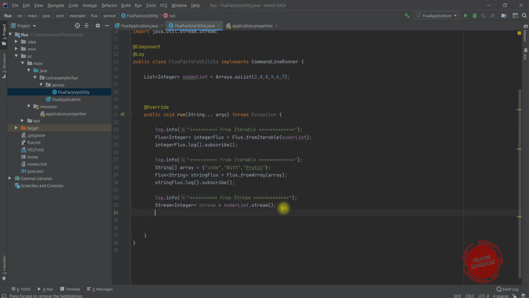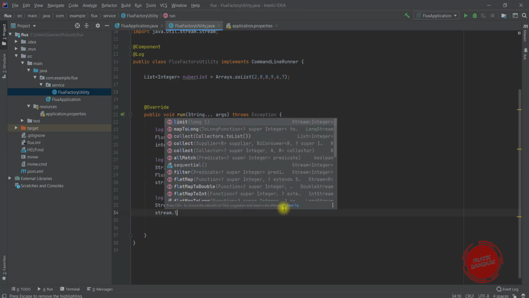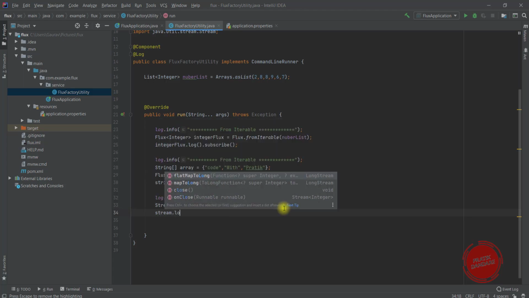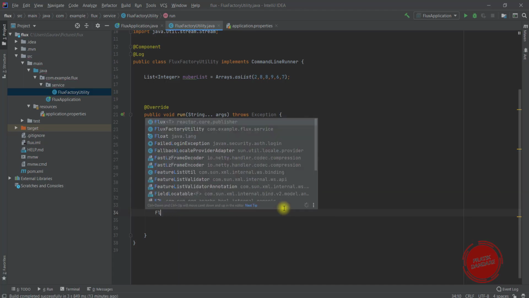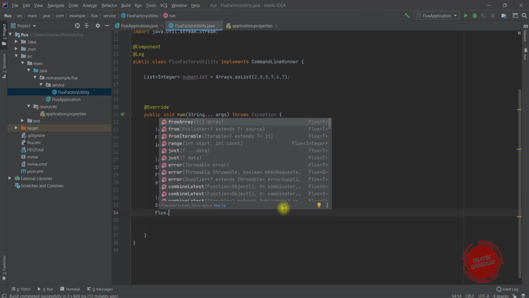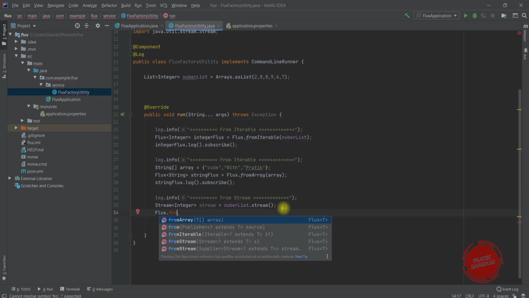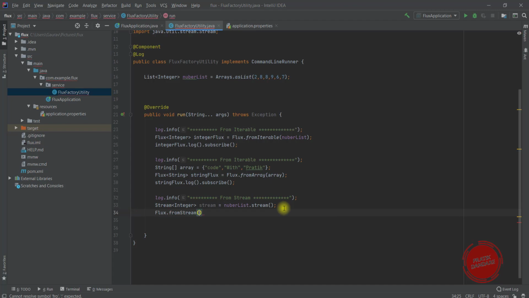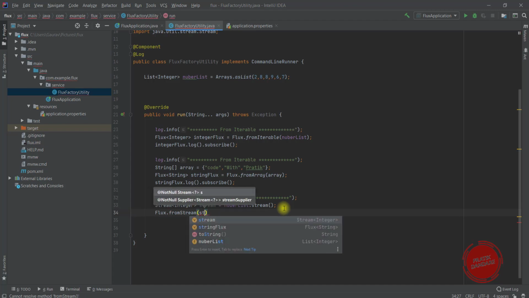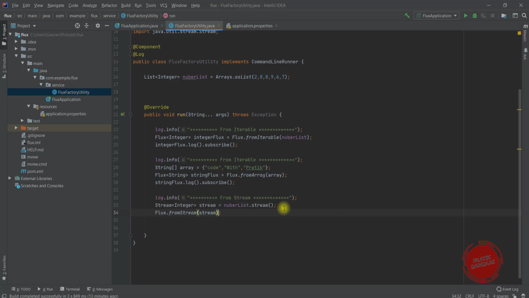Now I'm using Flux.fromStream. We have this handy method called fromStream, and here we provide a stream, and it returns a Flux of Integer.